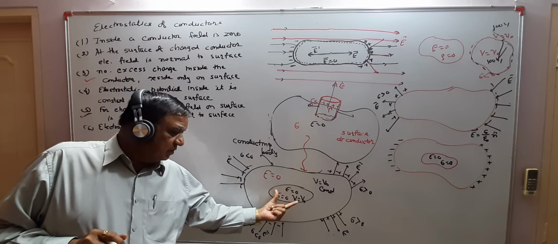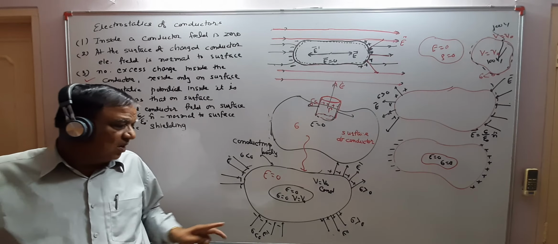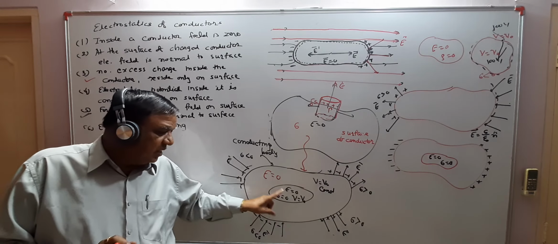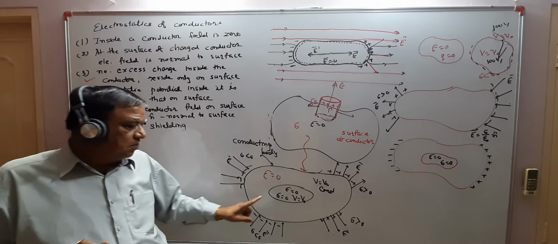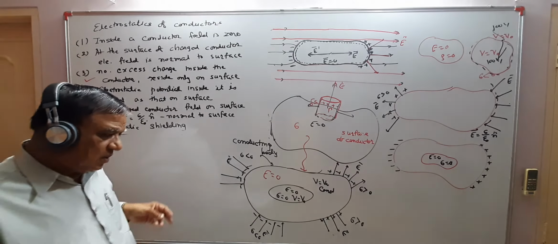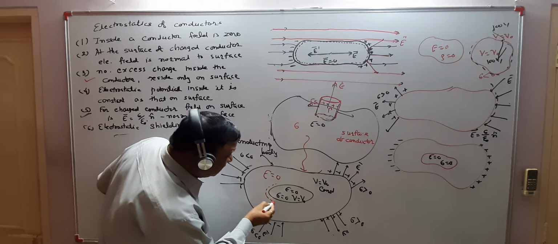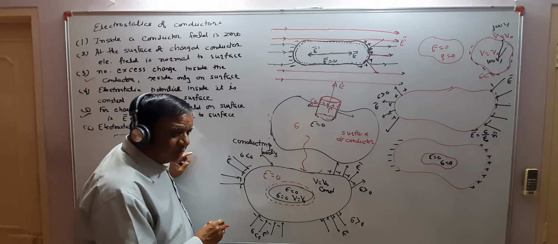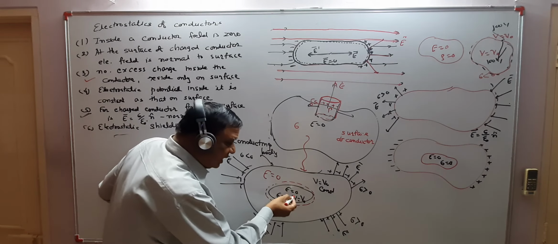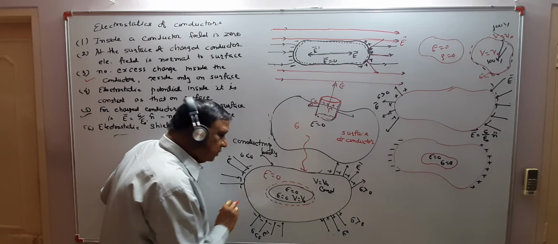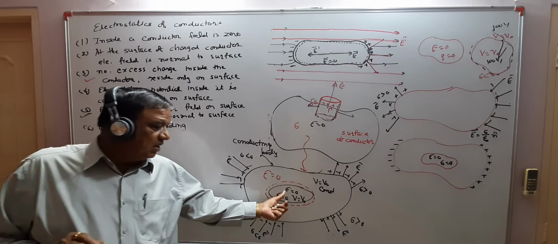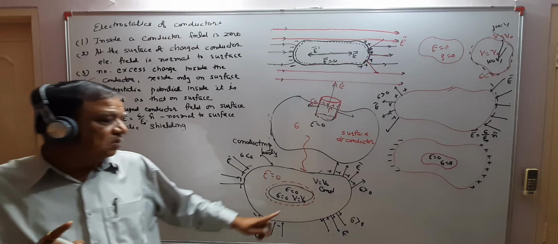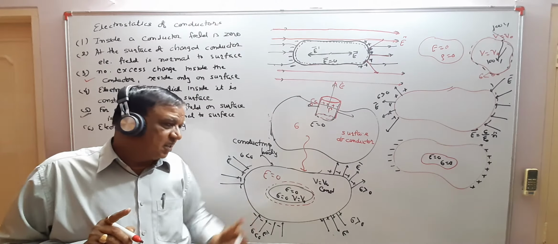Suppose in the cavity there is no charge. No charge means no charge density, then the field is zero. You can also prove this by taking a Gaussian surface very close to it: the field inside is zero, so the charge is also zero. With no charge, Q is zero, then the field is zero. So inside the cavity the field is zero, sigma is zero, and V equals V0, which is constant and equal to that on the surface of the conductor.